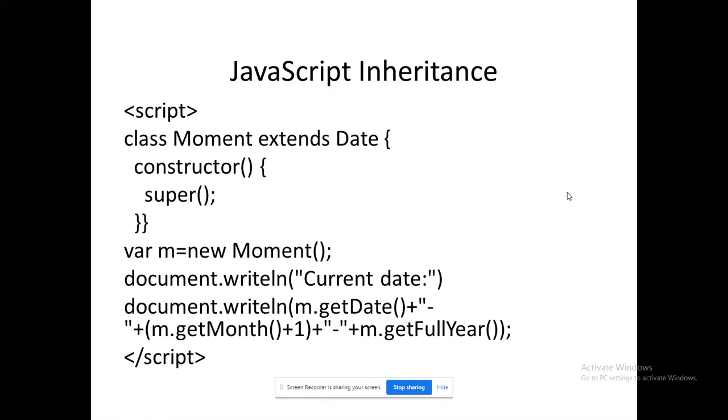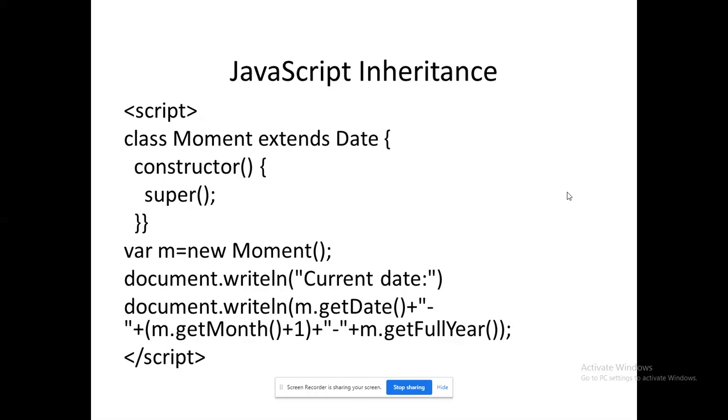Inheritance in JavaScript, right? So here we have inherited a built-in class. Okay, I wrote a class called Moment. I am ready to invoke super inside the constructor. So what is my immediate base class here? Ultimately, it is going to be Date. Remember, Date is the base class here. Moment is our derived class, right? Please remember, I am ready to invoke the Date class here. By that, I am ready to display my current date, right?